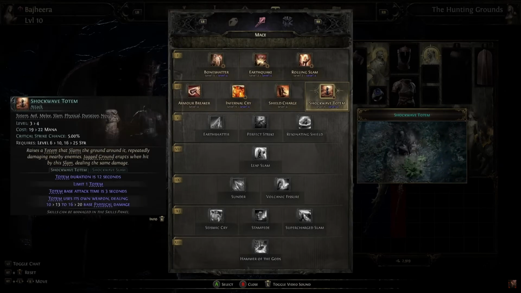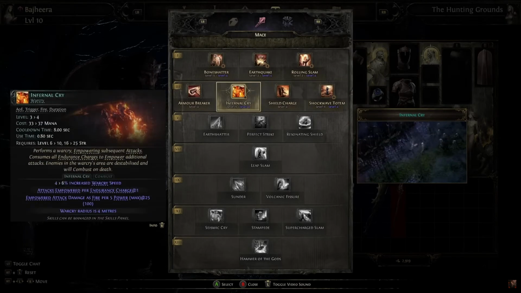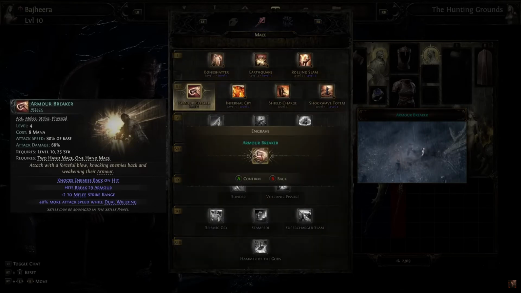Shockwave Totem repeatedly thumps the ground, dealing area damage. Using Armor Break,